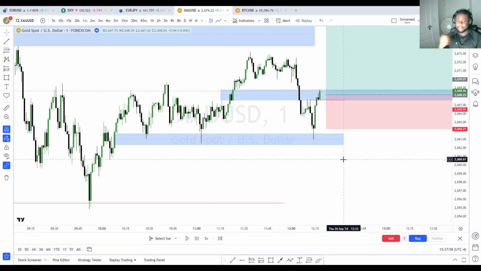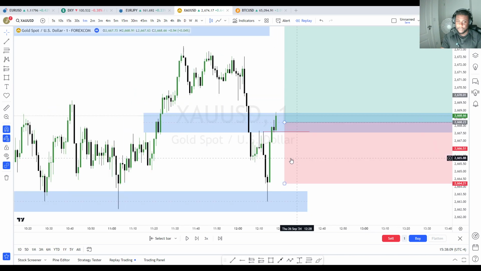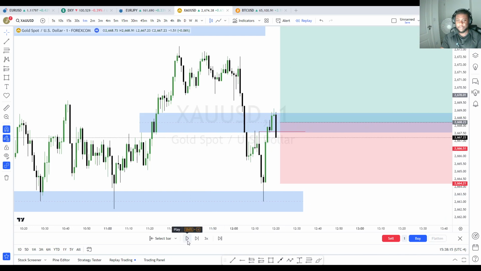Now, with all that kind of framework, because I always mention this, guys, it's framework, framework, framework. You need framework to trade gold, to look at certain asset classes. You can't just jump in willy nilly, right? So I waited for this lower high to be broken, okay, and see if we can get a retest or a pullback.